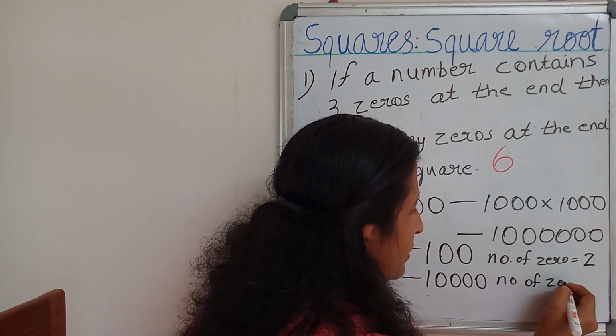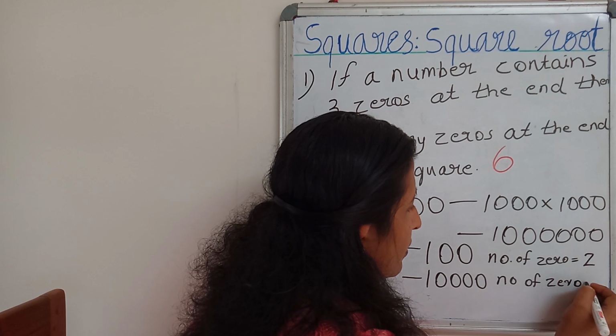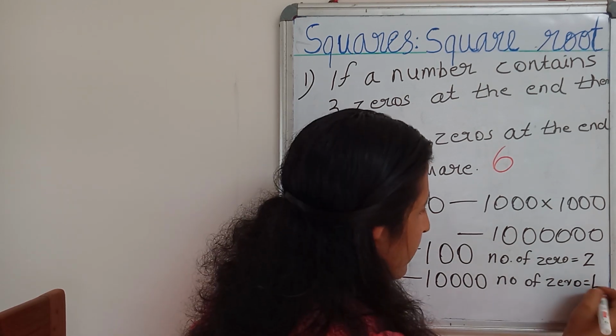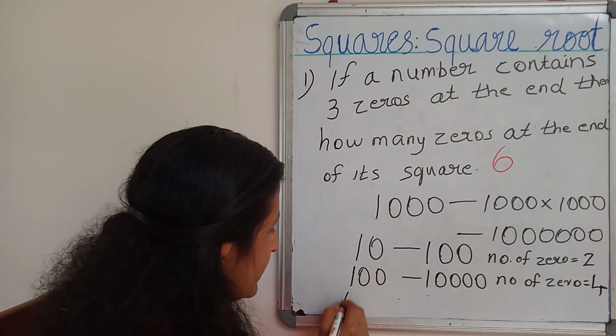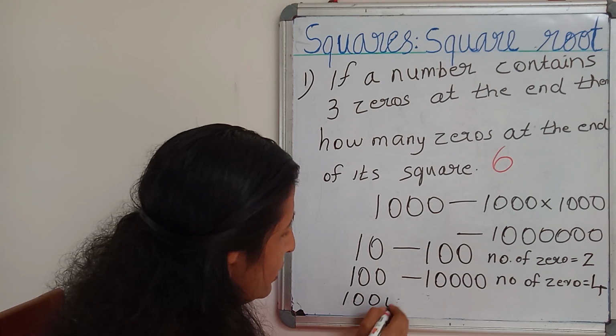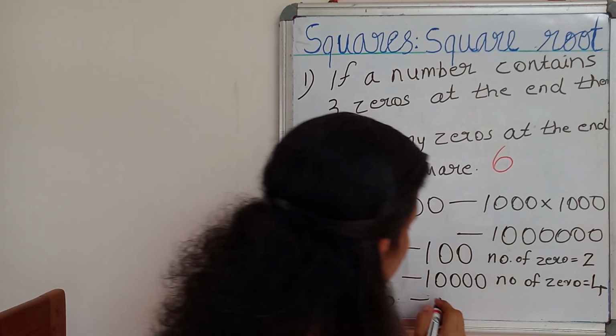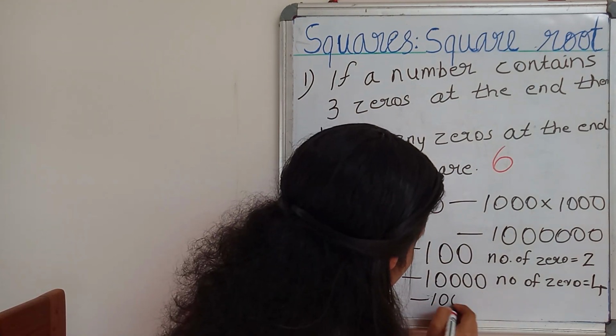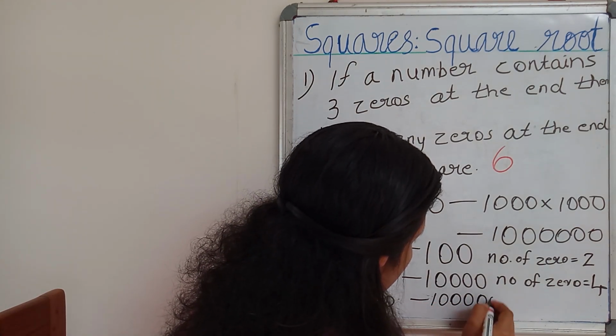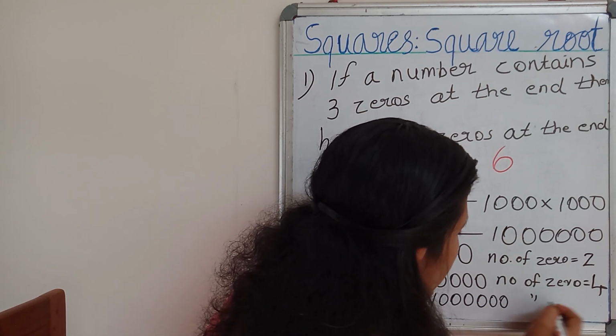Just count. 4. If a number contains 3 zeros at the end, we found the result. How many zeros are there? 6 zeros. Number of zeros equal to